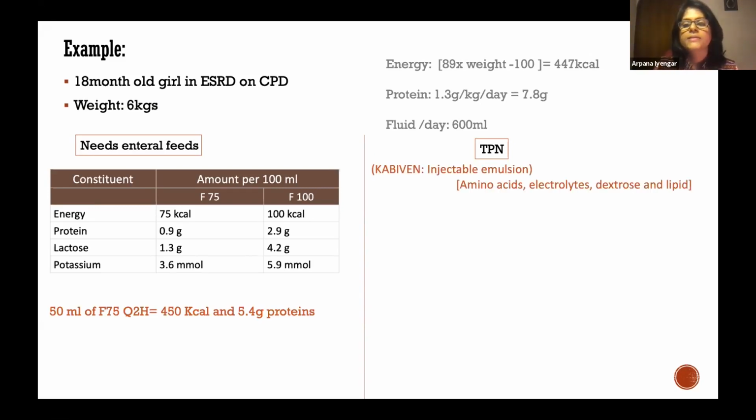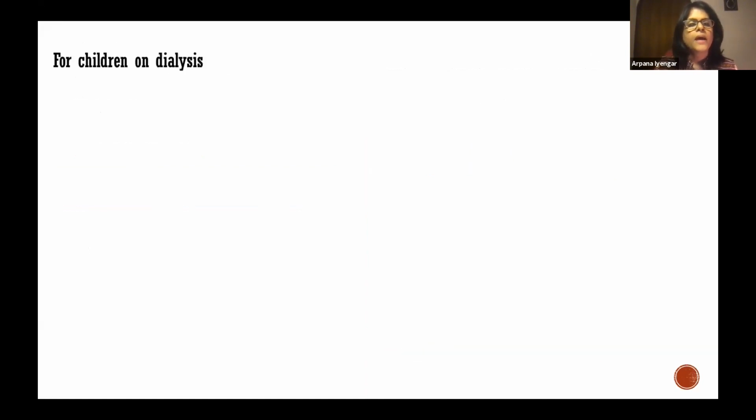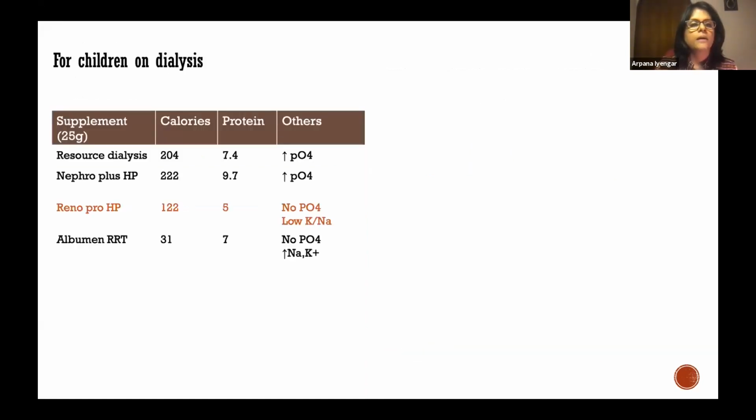And in case there is a need for TPN, then an example would be Cabiven, which we have used very rarely in our kids, and that contains amino acids, electrolytes, dextrose, and lipid. And these are the other supplements that are available commercially, and we would prefer Reno Pro HP because there's no phosphate and we have very low potassium, as a supplement for those who can afford it and for those who do not do well despite